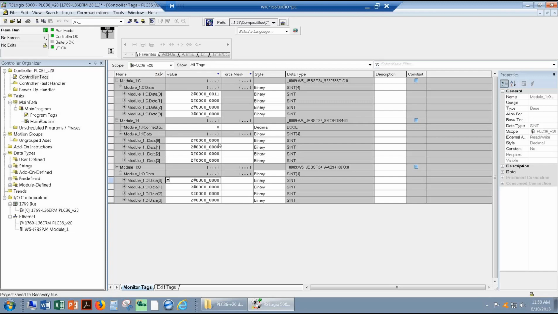Note that these tags will indicate, for an output, the commanded output will be read back in the input tag. If it's an input, then simply the input value will be read back in the input tag. So we can do a quick test here to verify that we can change an output by changing the output of I/O point 1, enabling it, turning it on,